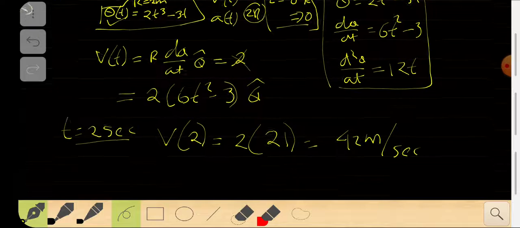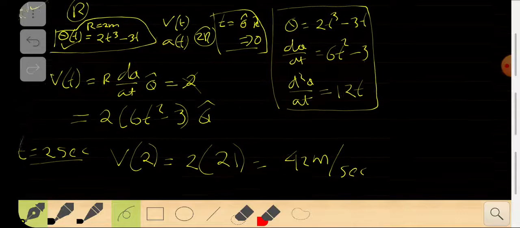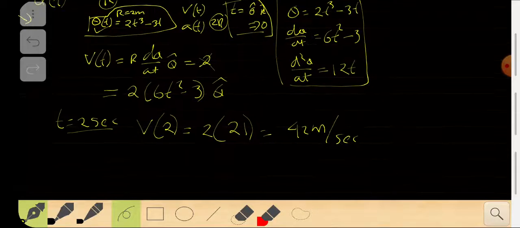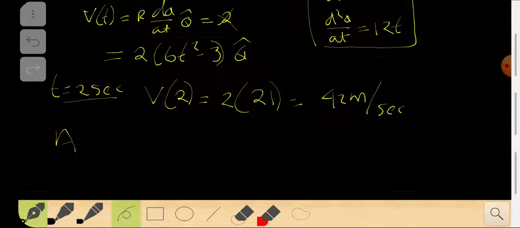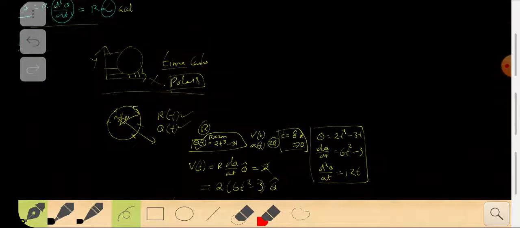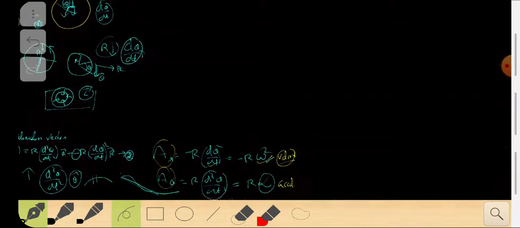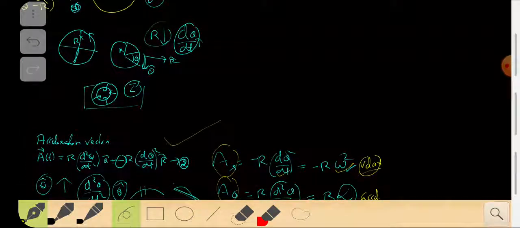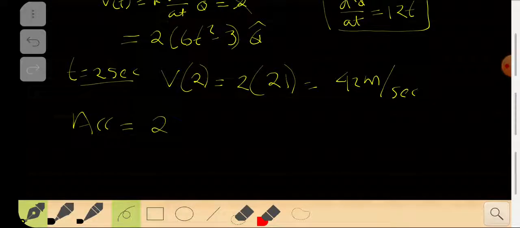I don't have to resolve anything, I don't have to do anything like that. It is going to be hard if you are taking things in coordinates, like the Cartesian coordinate system. It is quite hard. The next thing I have to do is find the acceleration. If you look at equation 2, that's why I had equation 2 and equation 1 written down. If you substitute those values into equation 2, you will see.